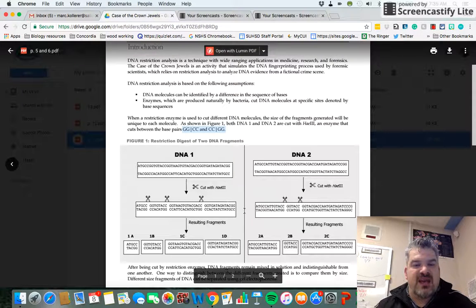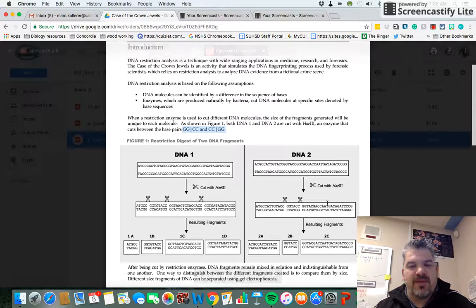This DNA gets cut into 4 pieces. This person's DNA gets cut into only 3 pieces. So a person's DNA is unique, and therefore restriction enzymes will cut it in a unique way, but still obeying